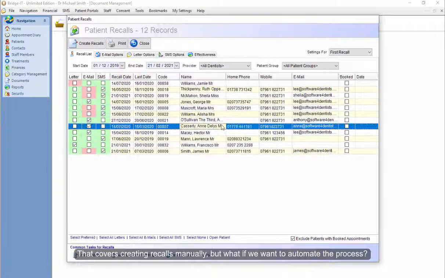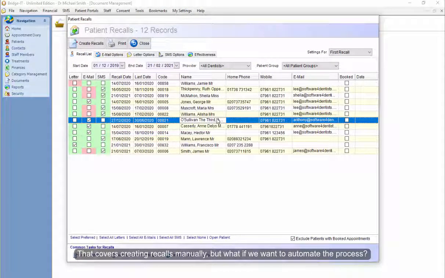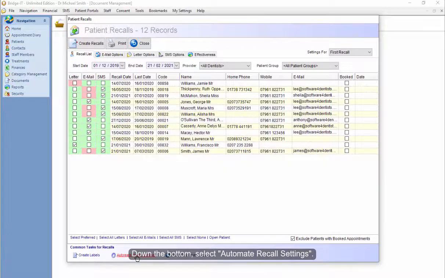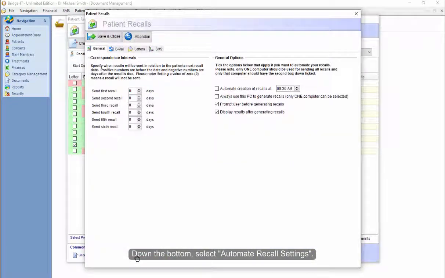So that's one way of creating our recalls in a manual way. What about if we want the program to handle the recalls for us? Well, that's down the bottom here under Automate Recall Settings. So if I click on that,